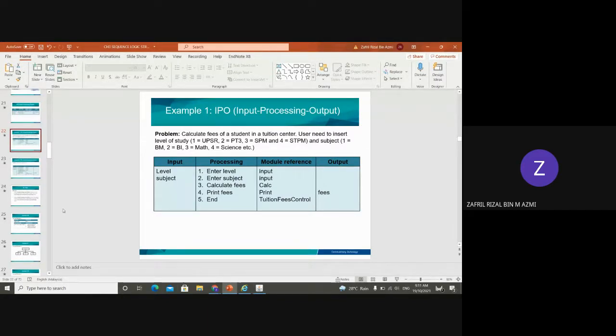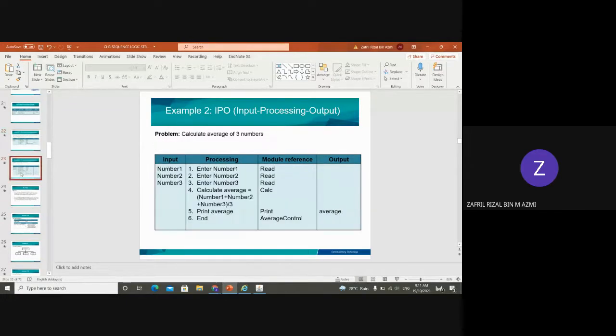Okay, let's look at another example. This one is calculate the average of 3 numbers. Bear in mind that we are in chapter 3, sequence logic structure, so we are not applying any looping or decision yet. That's why you see we have a repetition process: number 1, number 2, number 3. Imagine calculating the average of 100 numbers